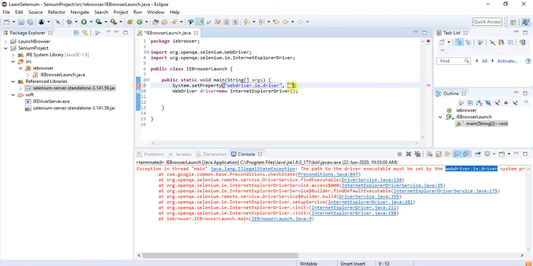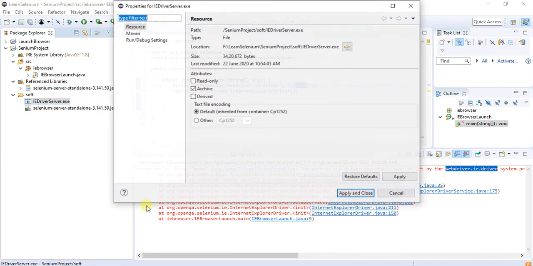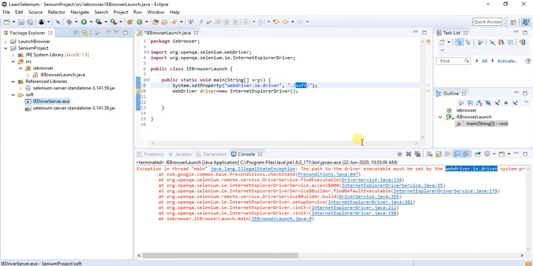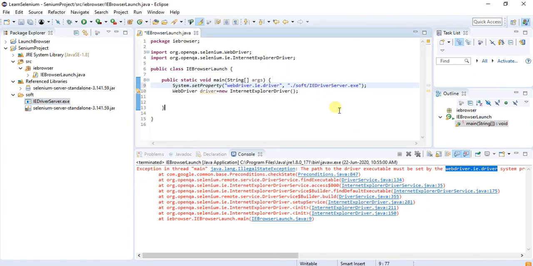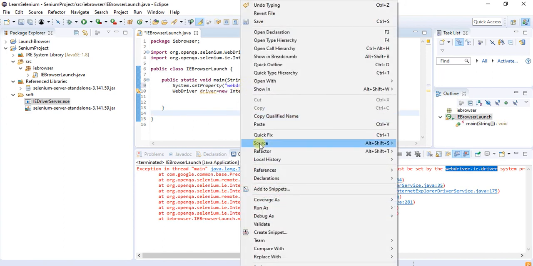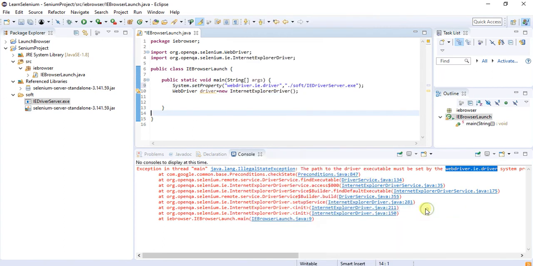Same thing, we have to add where our IE driver is located. I have given the path with this folder name, and also we have to right click on it, go to the properties, copy this. Right click on it, run as, go to the Java application.